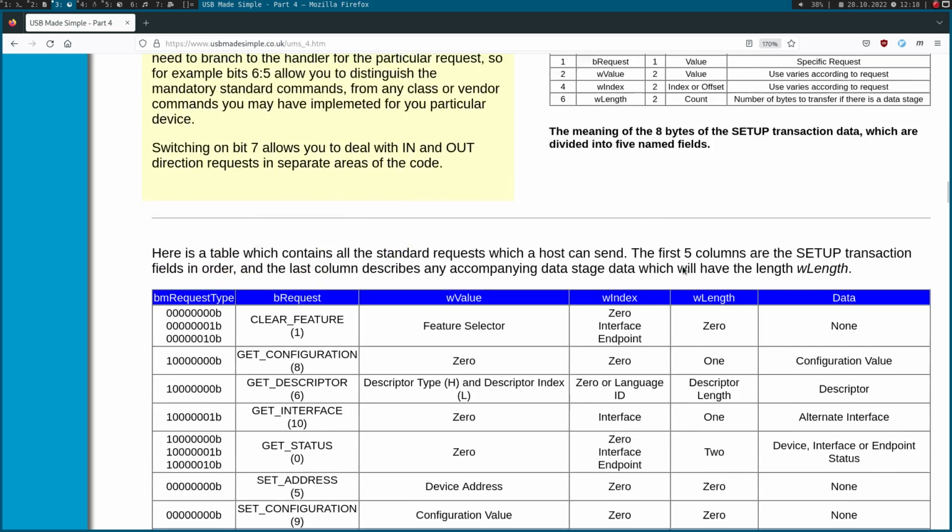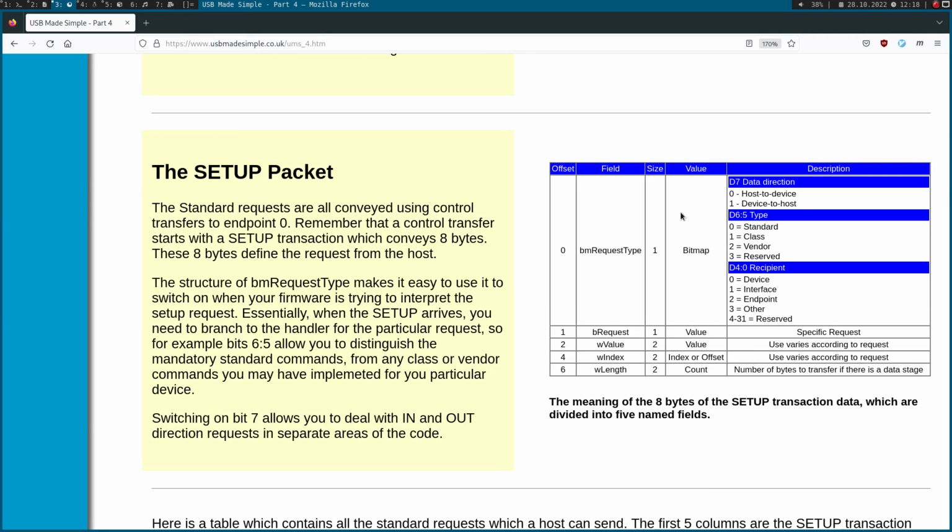So here we have it. The setup package is 8 bytes in size. The first byte is called bmRequestType, and this contains the direction, so if it's an in or an out transfer: 0 for out, 1 for in. Then we have the type. 0 is the standard type, and the standard type is, for example, used for USB enumeration. So if the host PC is getting the descriptors or writing the address to the device, this is a standard